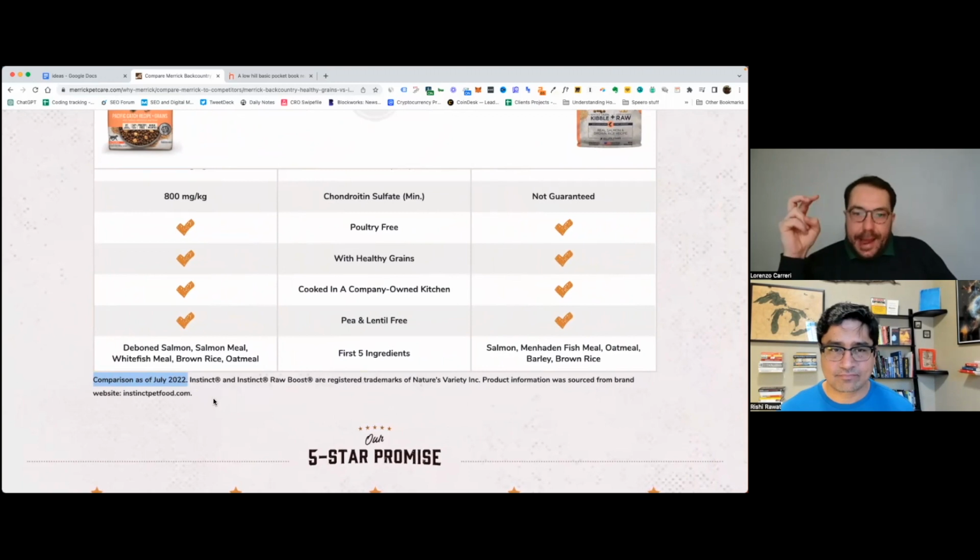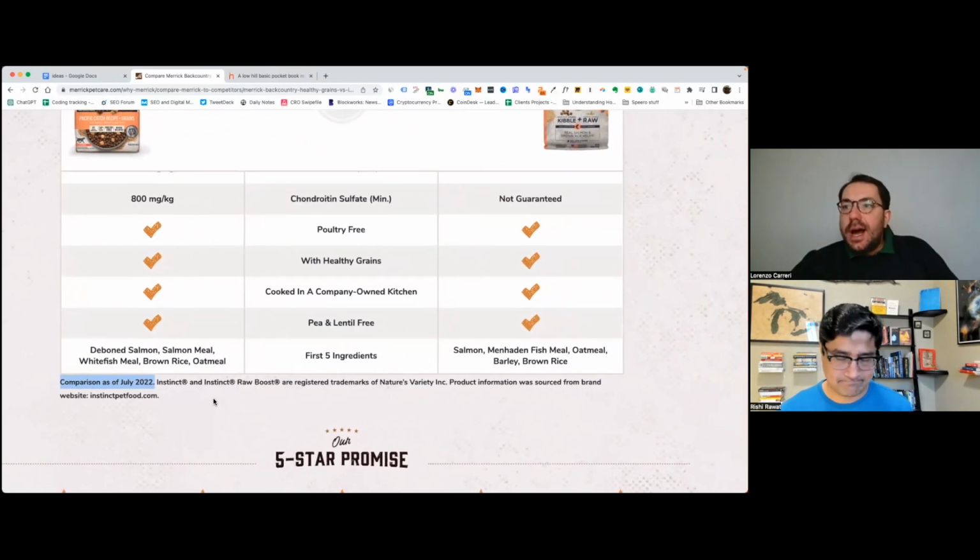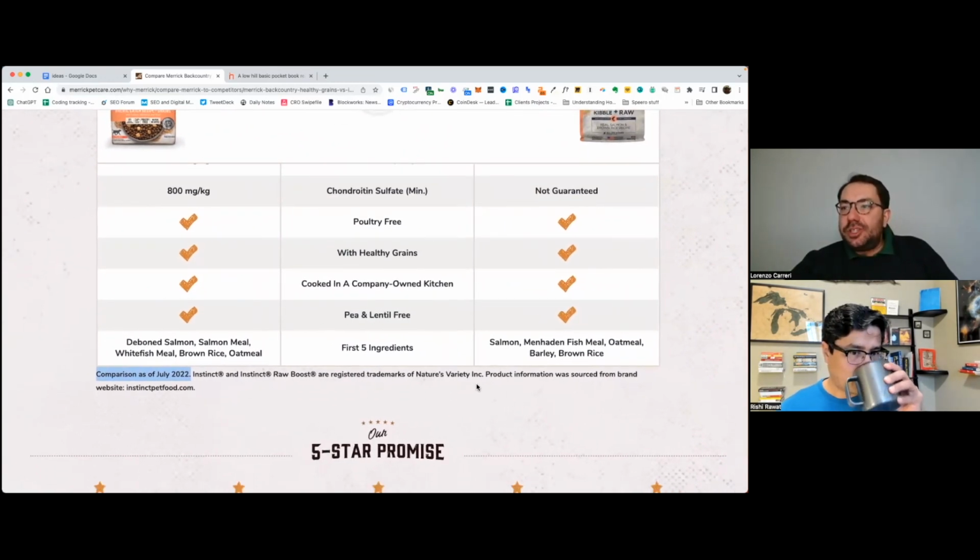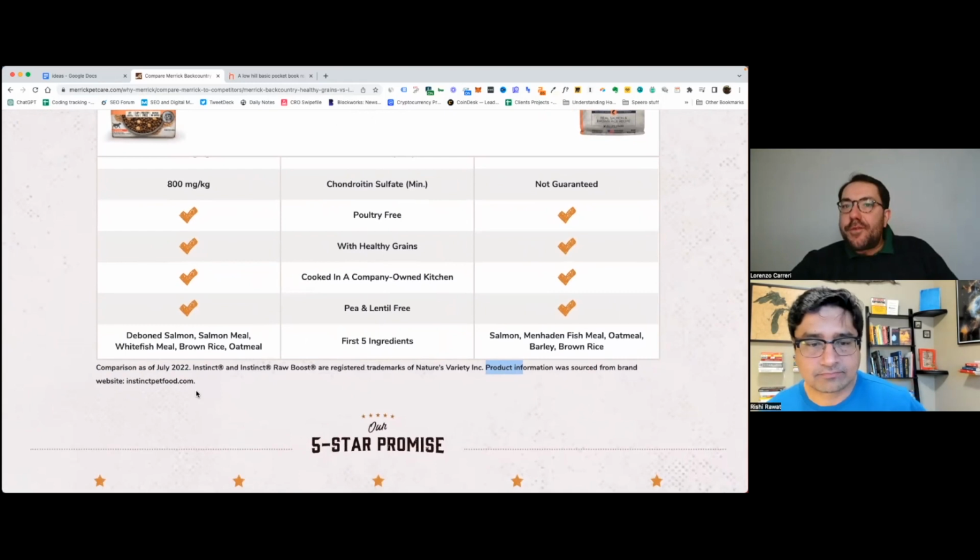And now this is kind of like an up-to-date table, so up-to-date information. And people always want up-to-date information. But the other thing that I thought was genius was this one, which is completely hidden, which is like product information was sourced from brand website,